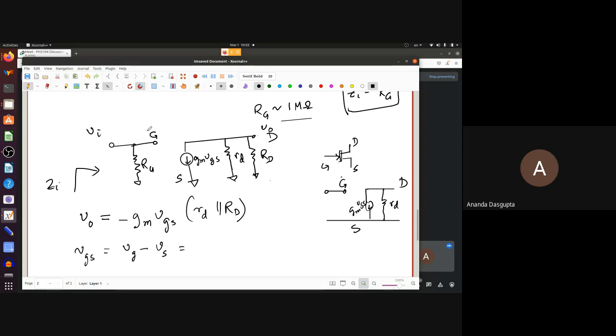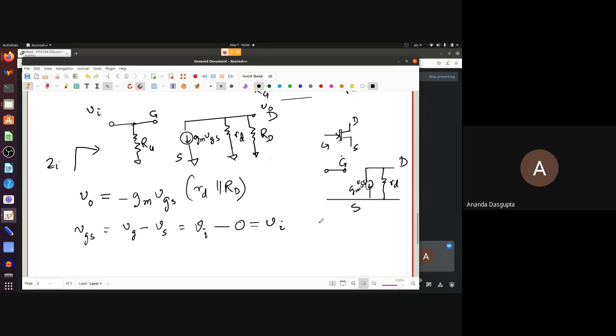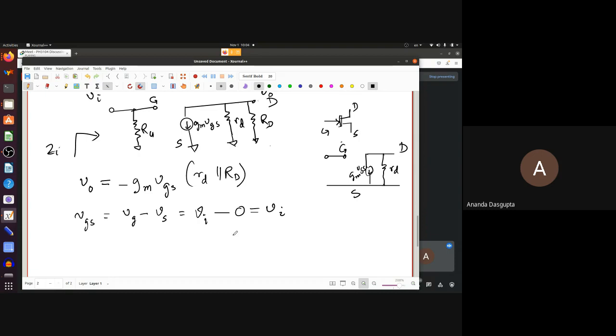Remember, VG is VI, right? Come on, these are just joined together. There's nothing else here. So VG is VI, VS is 0. So VGS is VI. So VO, which is minus gm VGS times rd parallel RD, directly gives you VO by VI, this output to input voltage ratio for this FET amplifier, the voltage gain of the FET amplifier, which is simply minus gm